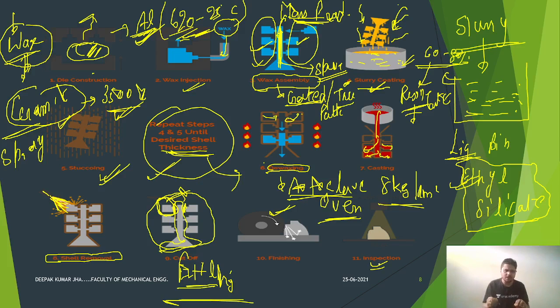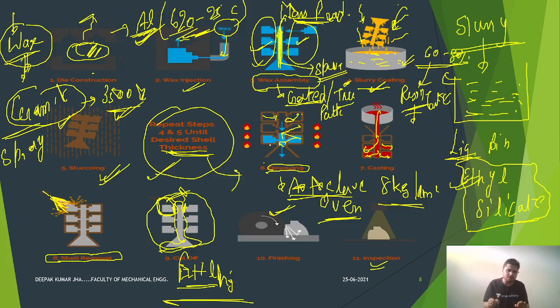One is that very highly complex castings can be produced, as the wax, that is the pattern material here, is melted. It is not physically removed. As the wax pattern is not physically removed, it is melted, so very intricate and complex castings can be produced, because the melted wax can come out from all the intricacies and complexities of the entire pattern structure, which was in the form of a gated pattern.